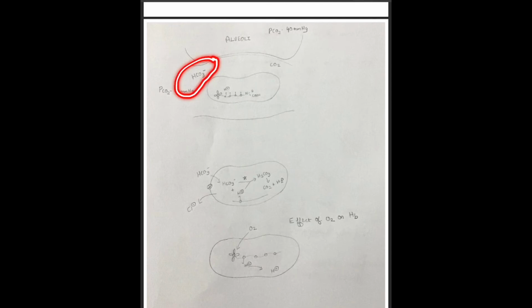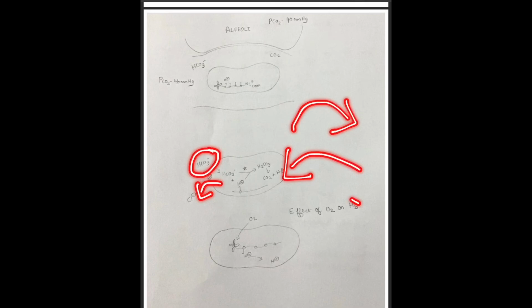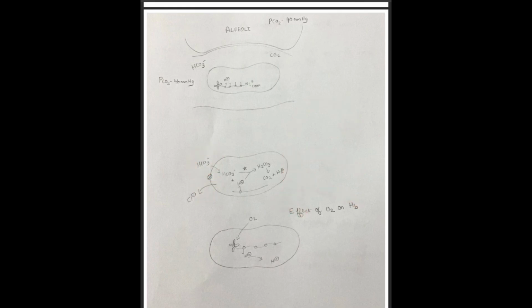So now what happens is, with the help of the protein band 3, the bicarbonate will move inside the RBC. When doing so, whenever the bicarbonate moves inside, the chloride will come outside. Whenever the bicarbonate moves outside from the RBC, the chloride ion will move inside and water will also move inside. We discussed this earlier. So the bicarbonate will move inside, and this bicarbonate